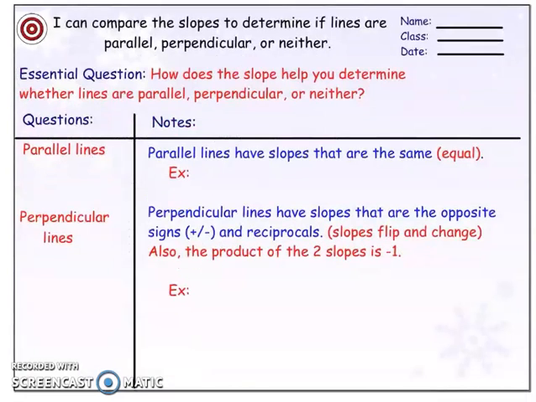Now moving on to our new lesson, our learning target says, I can compare the slopes to determine if lines are parallel, perpendicular, or neither. And the essential question asks how you do that. So the key word here is slope. We are going to focus on the slope of the lines, and I'm going to teach you how you can figure out by drawing a graph or by just looking at the equations whether lines are parallel or perpendicular or neither. So parallel lines